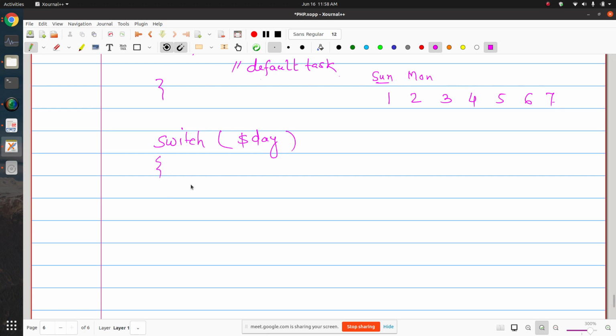So you will write case. Let's say if I have value 1, that means I will display echo "today is Sunday", है ना, and then break, something like that.